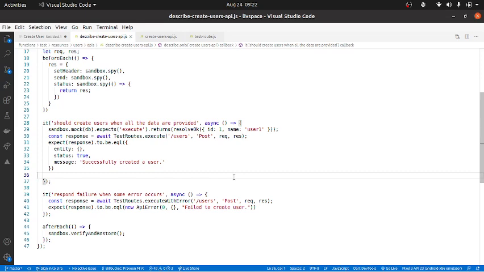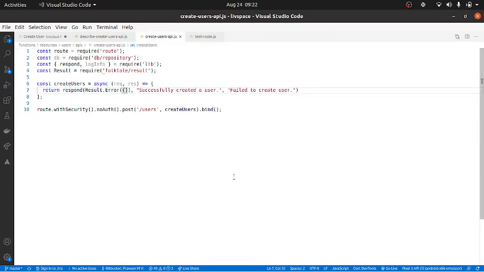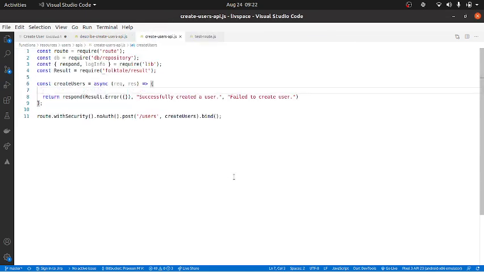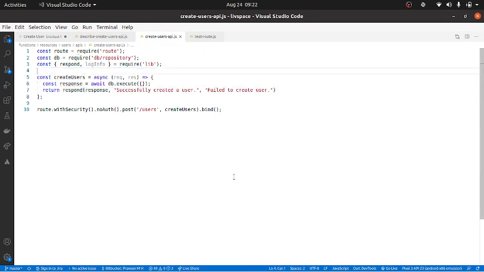Okay, so let's go and basically start working on that. So I'll basically tell const response equal to await db.execute, and I'm just giving an empty object. And the reason I'm giving an empty object is, if you don't give anything, the mock kind of doesn't understand. So I'm just going to give an empty object. Just remember this. And instead of this result.error and all those things, I'm going to return this response back. Right, so I'll get rid of this. Done. And let's take a look at what is happening now.